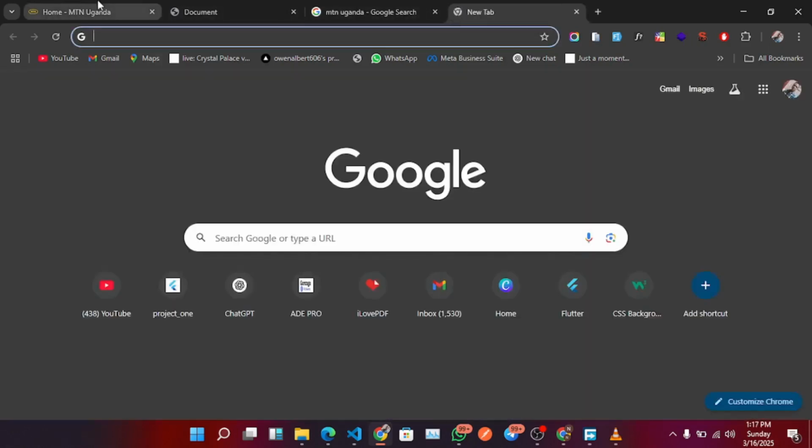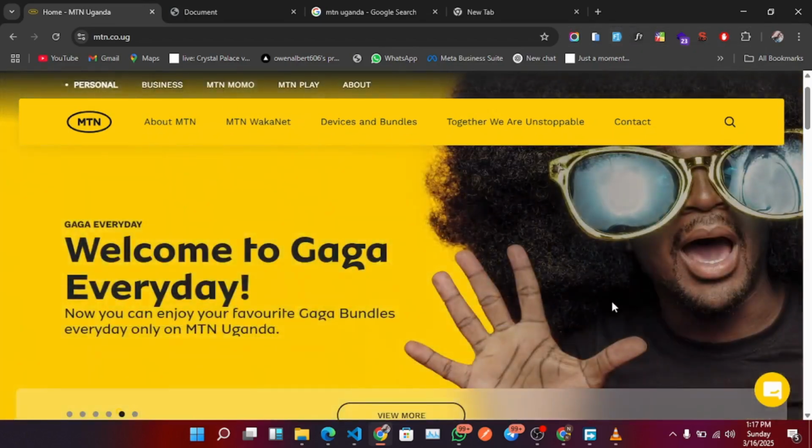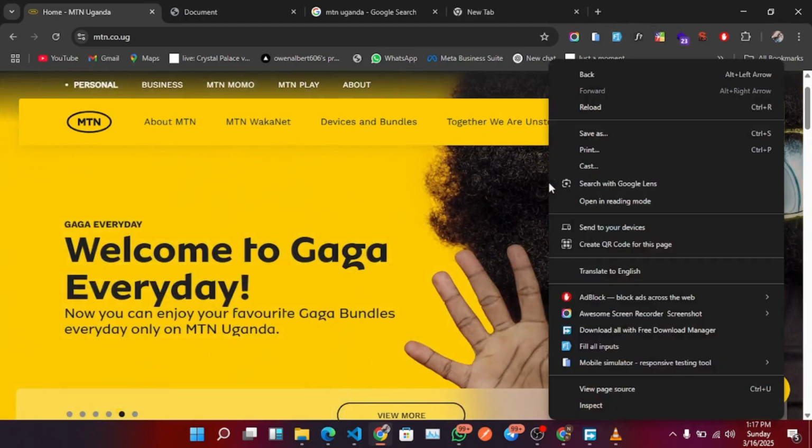I don't know how we can get these. These are background images, we can't get them,